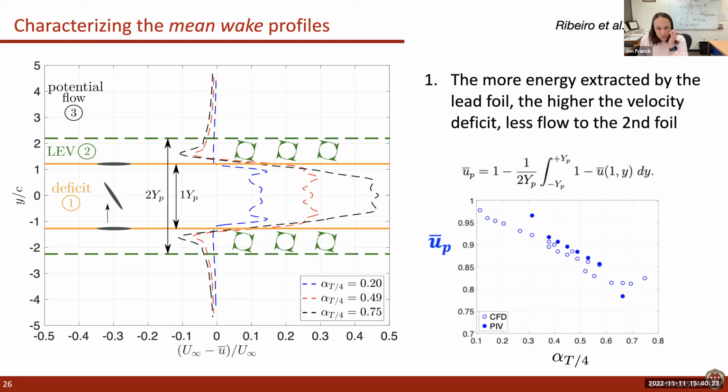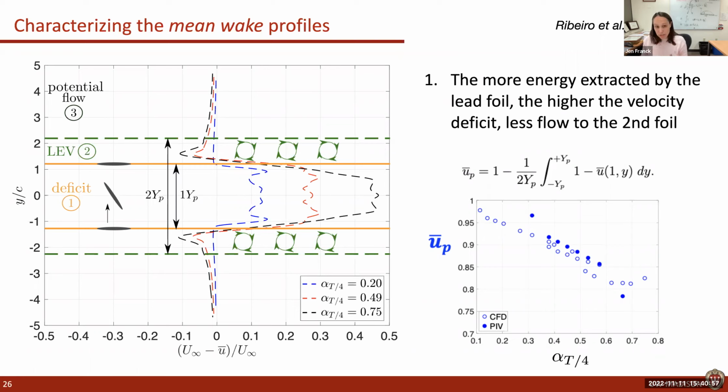So we went a little bit further, and our motivation here is we wanted to be able to characterize what the wake looked like in order to better predict how that second foil will perform. So to characterize it, we did 2 things. We said, well, let's look at the mean wake. So we sampled the wake downstream, and we found that the wake deficit scales with that alpha T/4 variable,